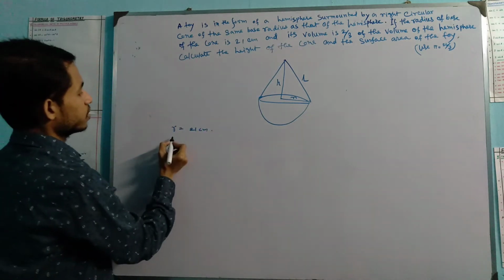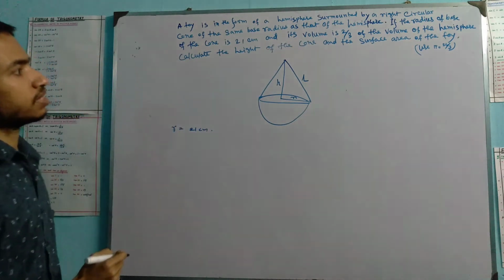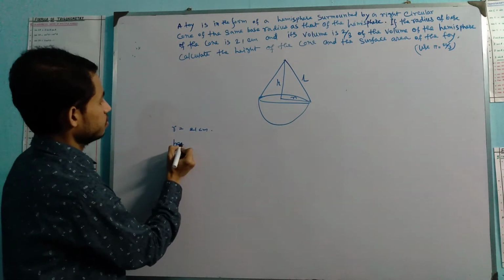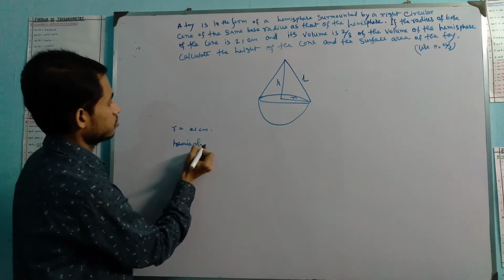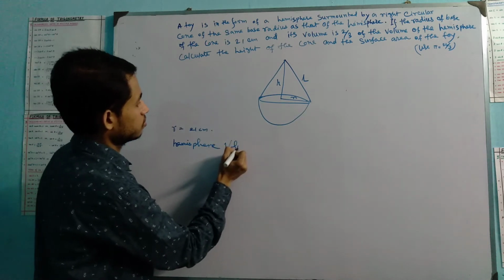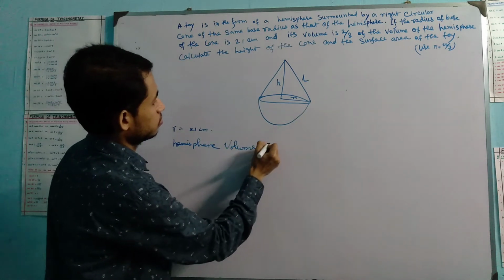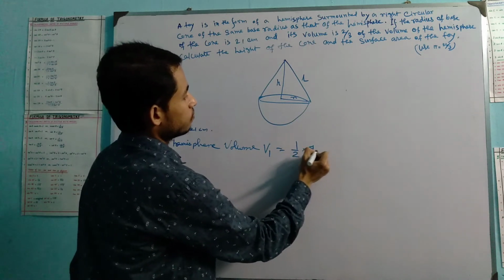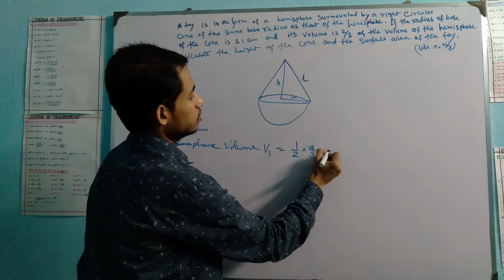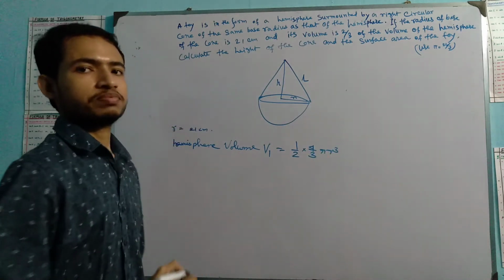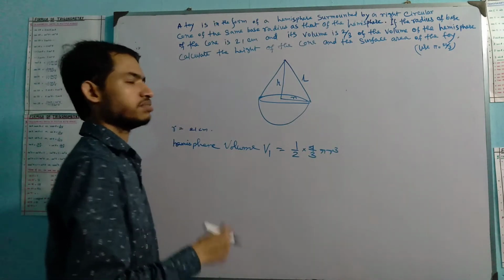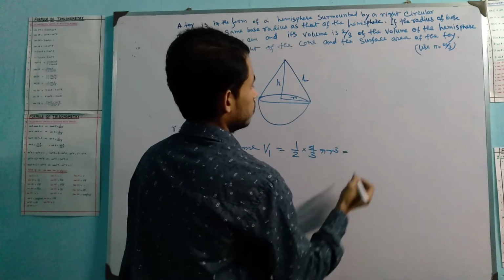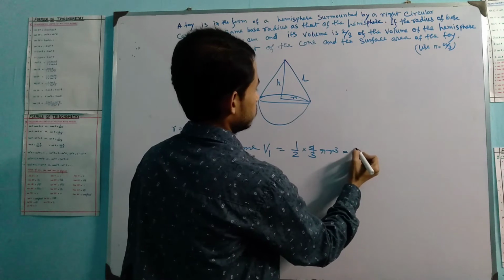So now we can find the volume of the hemisphere, which is half into 4 by 3 pi r cube. You know that the volume of the sphere is given by 4 by 3 pi r cube, so the hemisphere will be half of that. Substituting the value of r, we get